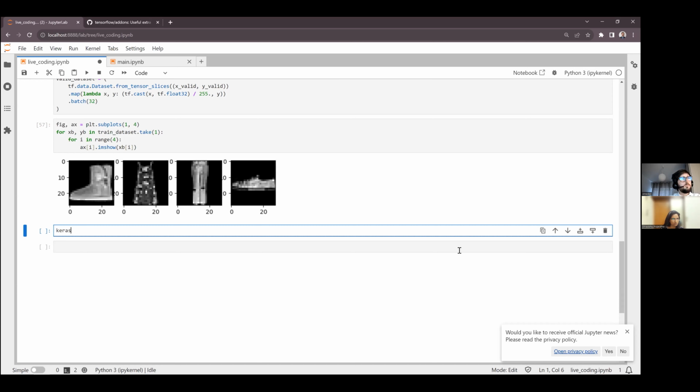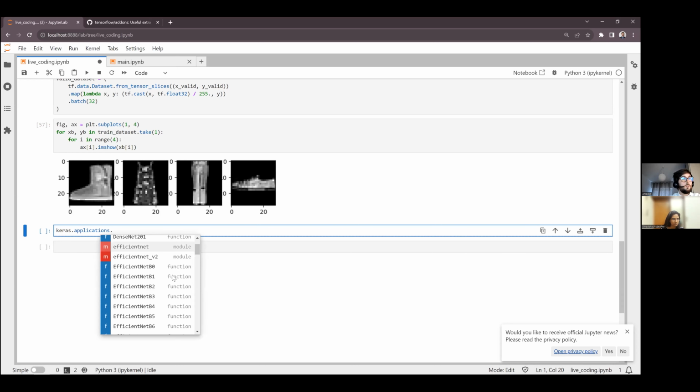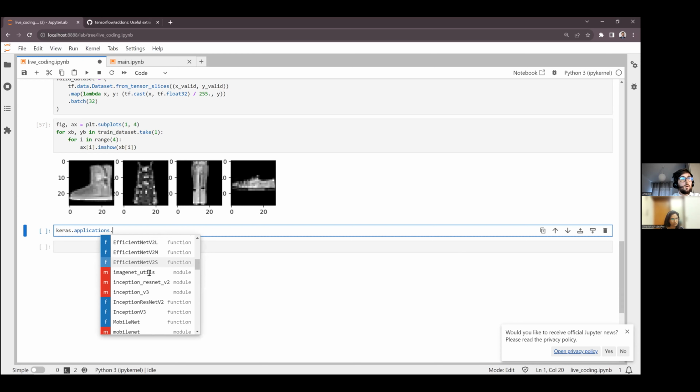There should be some models here in Keras applications. Here we can look at all the models that we have. We could try maybe either EfficientNet or MobileNet. I think in the old one I used that one.